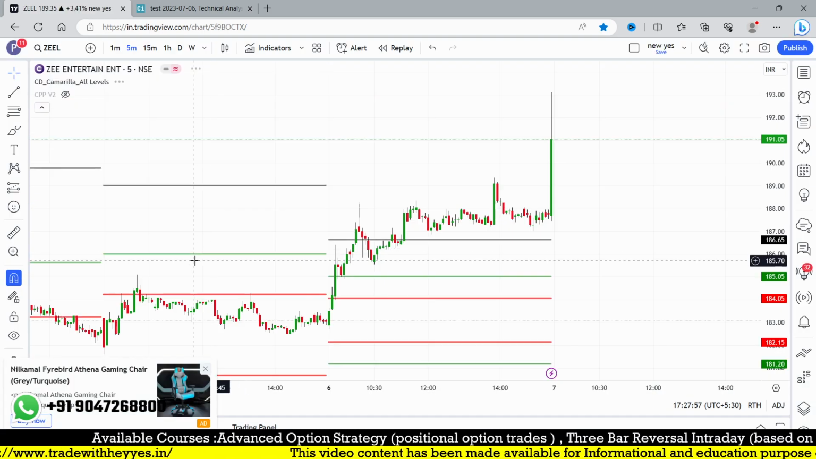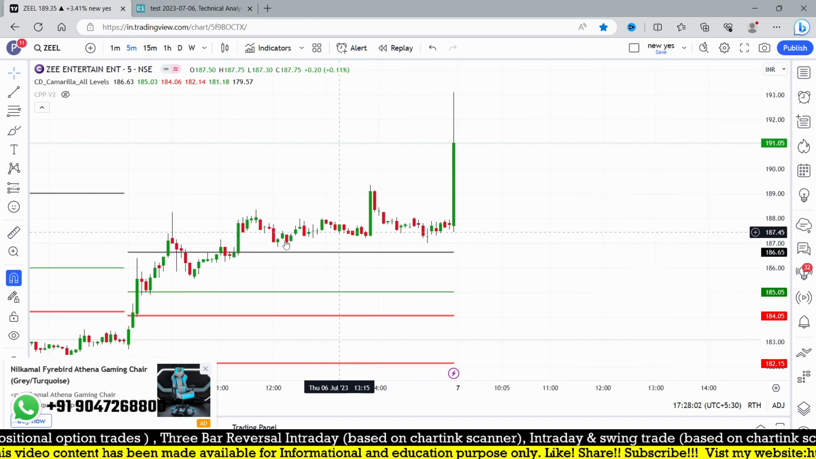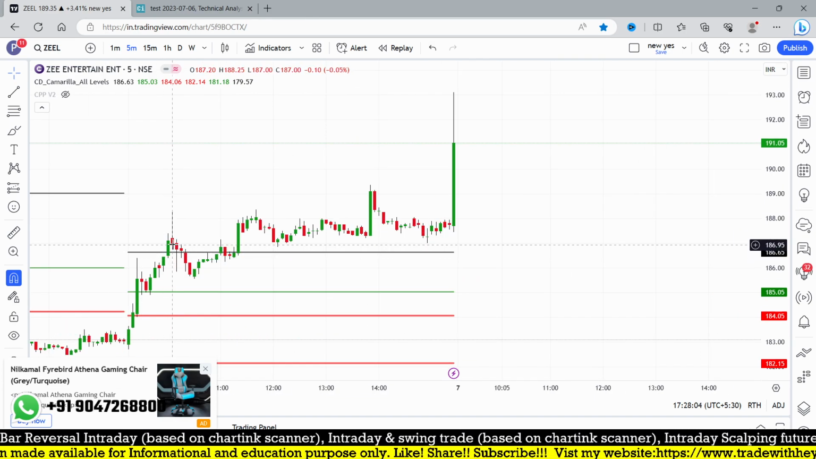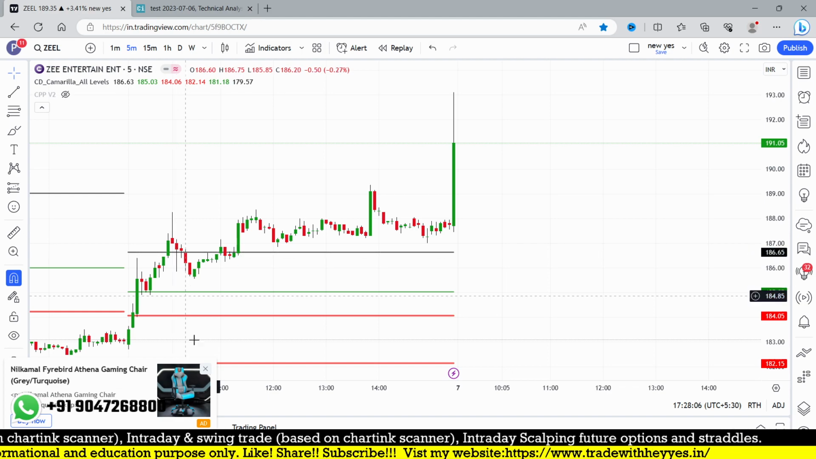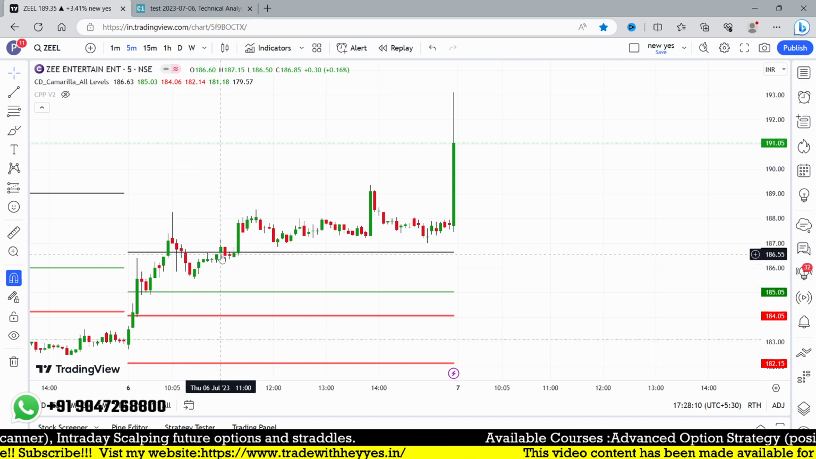And we need to use some more important. So here is about Z Entertainment. Around R5 level, some rejection. Okay, 187 around 10:15, something is happening here, and after that some rejection, and then again it closed above